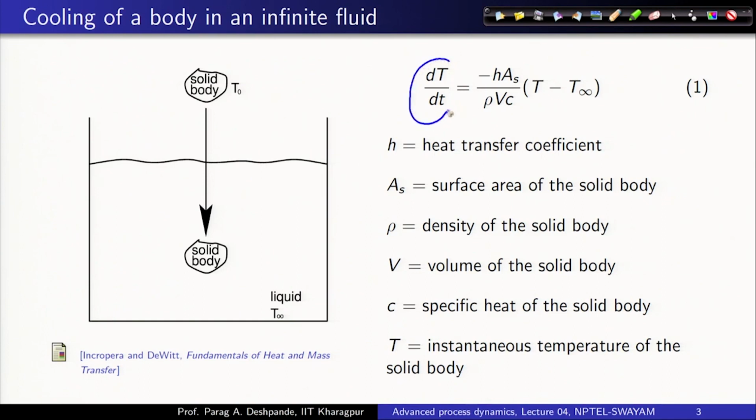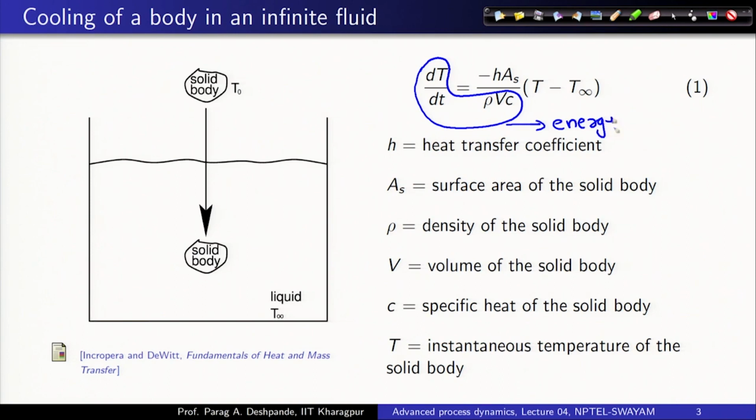where dT by dt, the time rate of change of temperature of the body at any instant of time. So, T is the instantaneous temperature of the solid body, is given as minus h times A s divided by rho V c times T minus T infinity. And it is not very difficult to see how this equation comes. So, you have dT by dt multiplied by rho V c, which is nothing but d by dt of m c p T, which is the